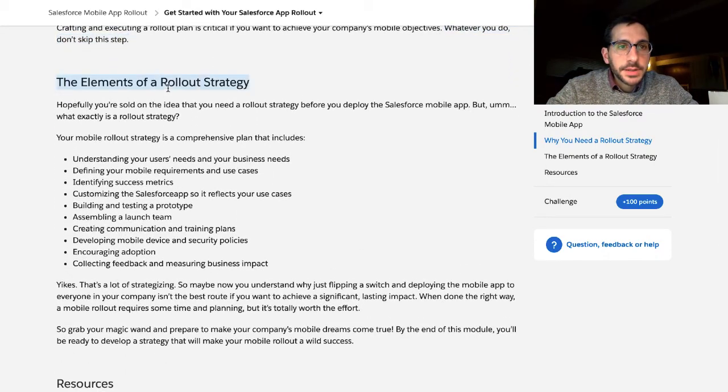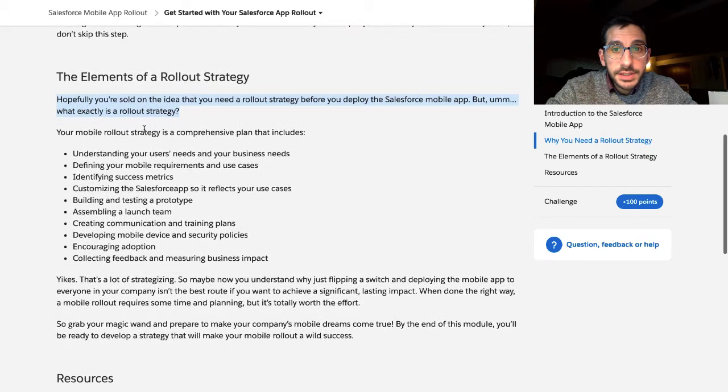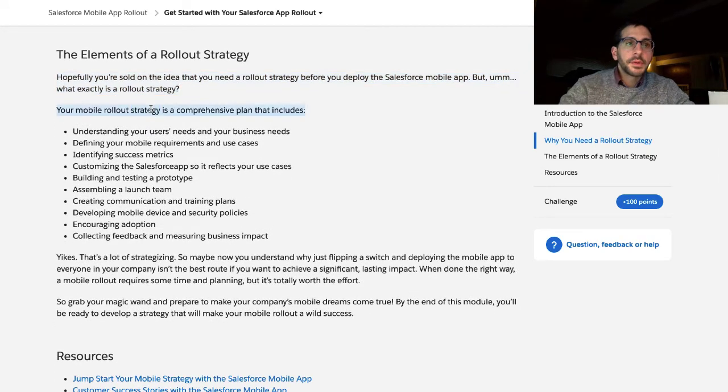What are the elements of a rollout strategy? Hopefully you are sold on the idea that you need a rollout strategy before you deploy the Salesforce mobile app. But what exactly is a rollout strategy? Your mobile rollout strategy is a comprehensive plan that includes understanding your users' needs and your business needs, defining your mobile requirements and use cases, identifying success metrics, customizing the Salesforce app